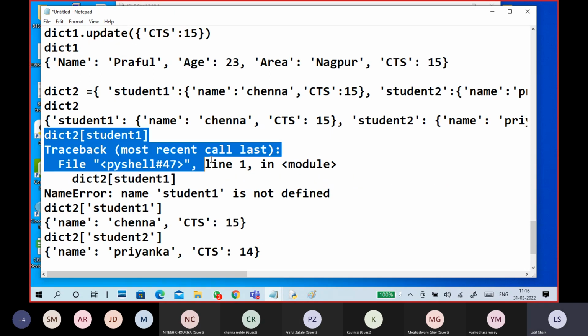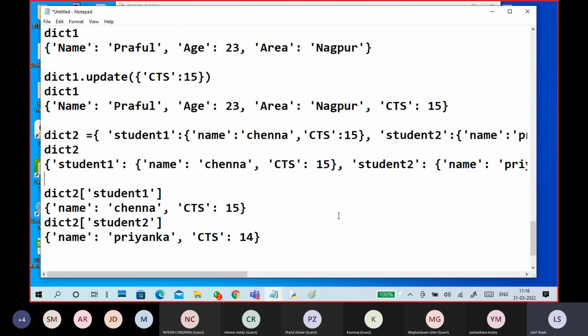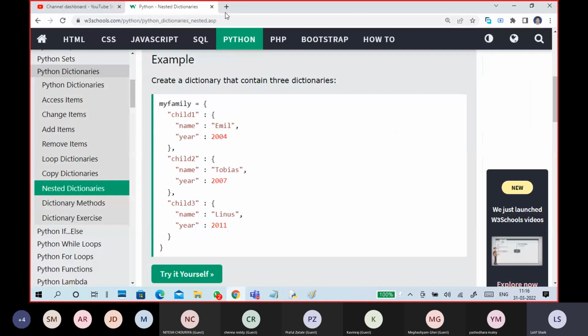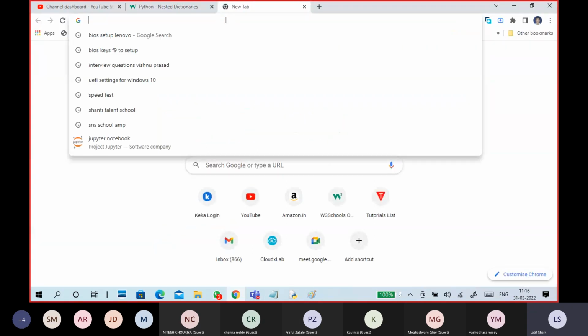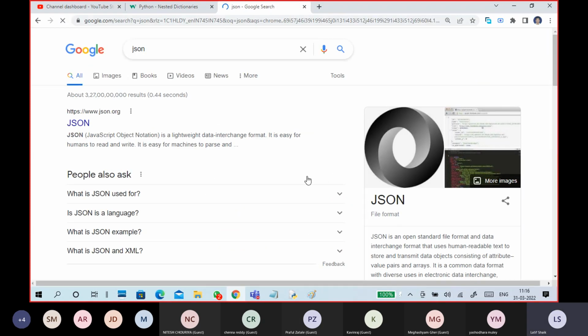Yes, try to understand dictionaries. Already I told you, when you go to JSON or YAML languages for automation and cloud computing, this is very important. You can see JSON is like a dictionary type only.